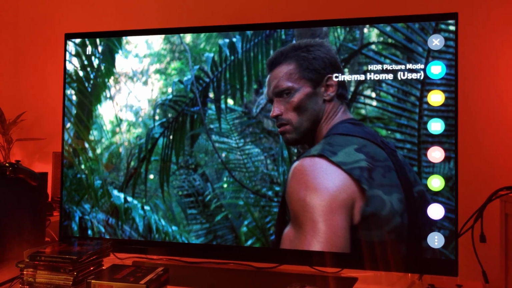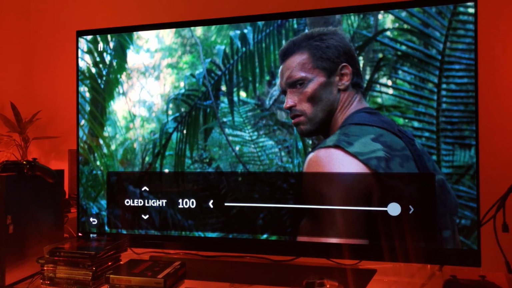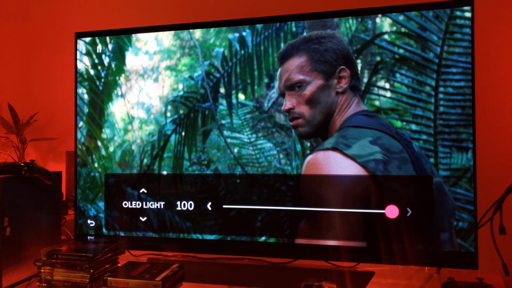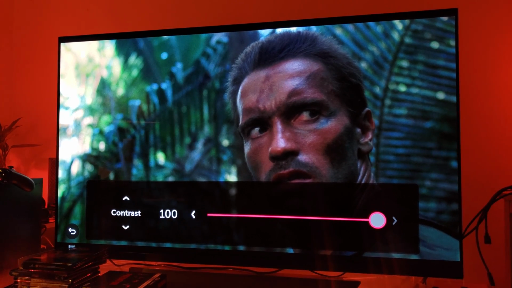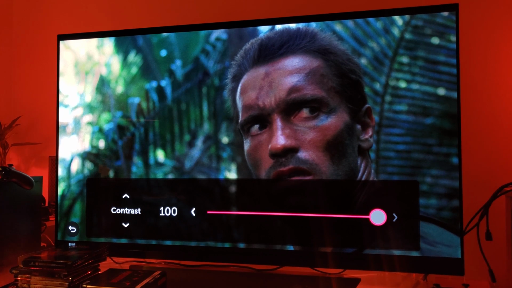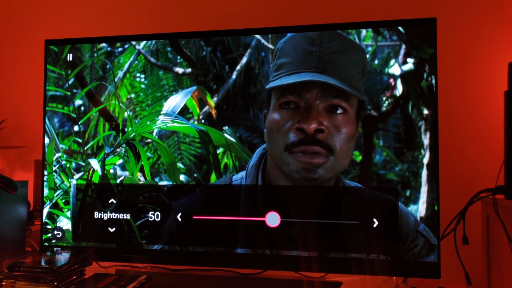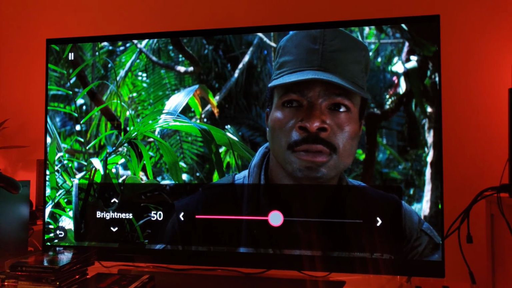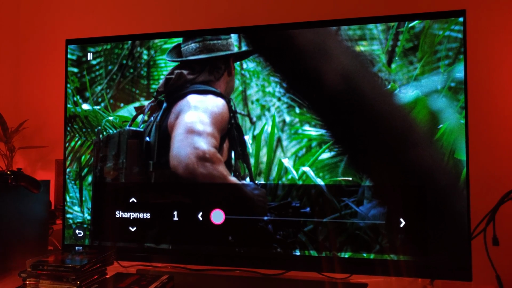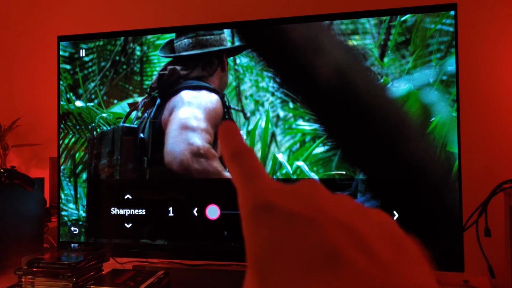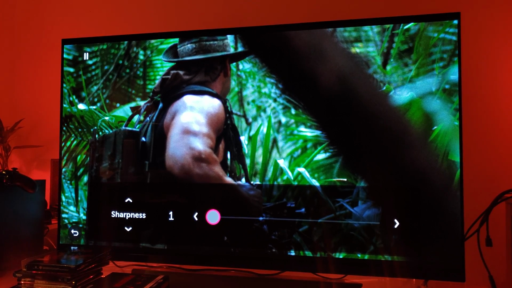All right, so you want to know what settings I'm using. Well, let me show you. Remember, OLED light at 100, contrast at 100, brightness at 50, sharpness at 1. By the way, that's Jesse Ventura, Jesse "the Body" Ventura, also a former governor of Minnesota,